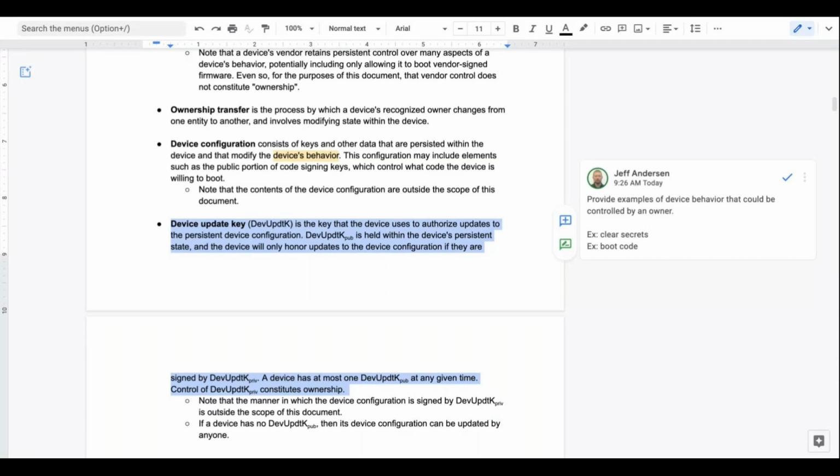That's not quite right. I actually don't have an owner key as a thing in this document. So the device update key is kind of self-evident. It is essentially the root of authority when it comes to what updates the device will allow for its configuration. When the device boots up, it'll have a device update key pub within itself, and it does not require that key, once it's in the device, to be endorsed by any other entity. And this device update key can be used to authenticate changes to device configuration.